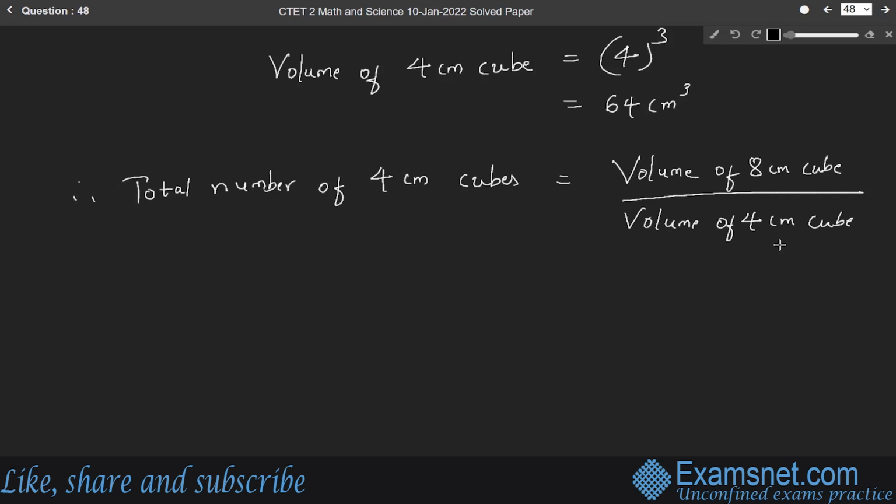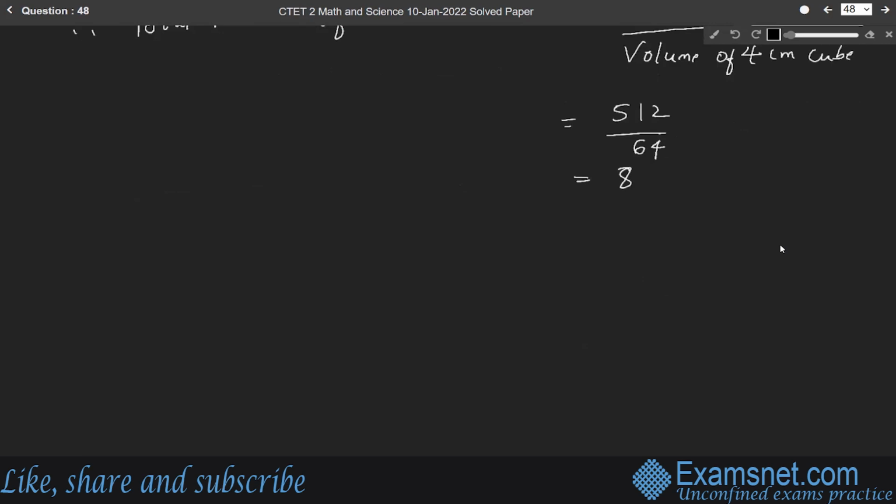Right? Therefore, 512 divided by 64 is equal to 8. So, the total number of 4 centimeter cubes is equal to 8 cubes. Therefore, here we are finding the difference between the total surface area of the original cube and that of the cut cubes. That is, the total surface area of the 8 centimeter cube